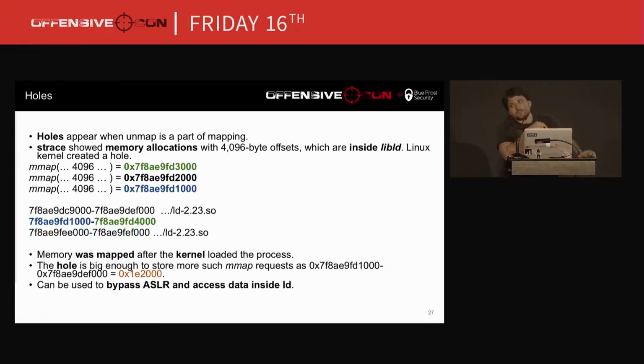How may you use it? You may use it like this: for example, if you have some mmap primitive or some memory that was mapped, and you can use this memory to read or write out of bounds, you can bypass ASLR because you don't need to know anything else. You are already near the libDL. You can overwrite the pointers and variables inside the libDL.